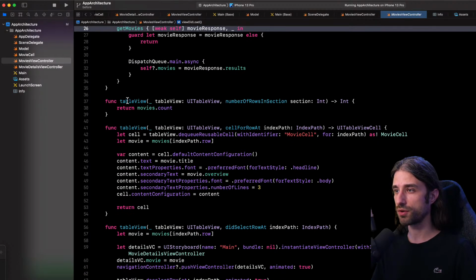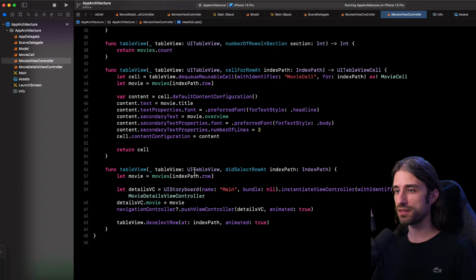So here, the methods of UITableViewDataSource: tableView numberOfRowsInSection, and cellForRowAt indexPath. And finally, a way to react to interaction from the user. So here, the user selecting a specific row inside the table view, and this is done through a delegate method. So this time from UITableViewDelegate called didSelectRowAt indexPath.